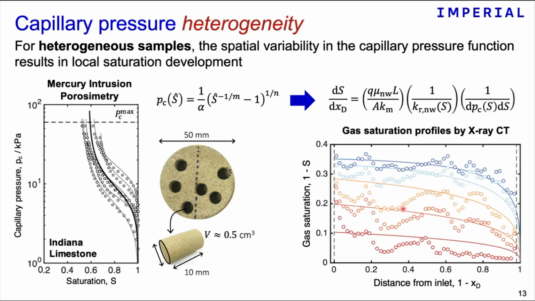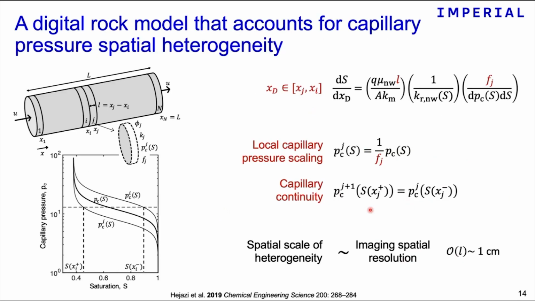When you move to more heterogeneous or more realistic samples, you see where these issues of characteristic capillary heterogeneities are very apparent. So you see on the right the same saturation profiles. This time, you can see how the experiment showed this characteristic fluctuation in the saturation that might be the result of heterogeneities in the sample. And the simple model can only capture the general trend, but misses this local variation in the saturation, right? And so our contribution has been to develop a model that can capture these heterogeneities.